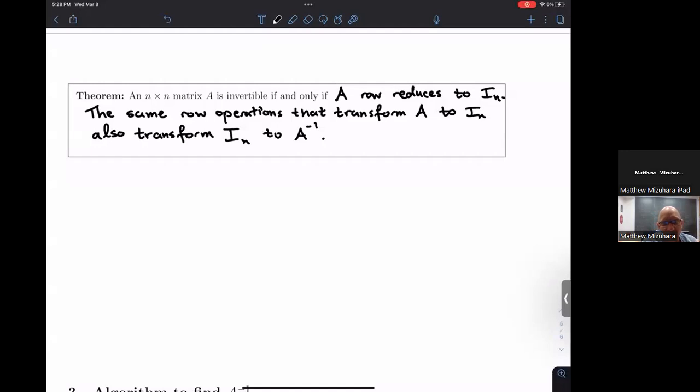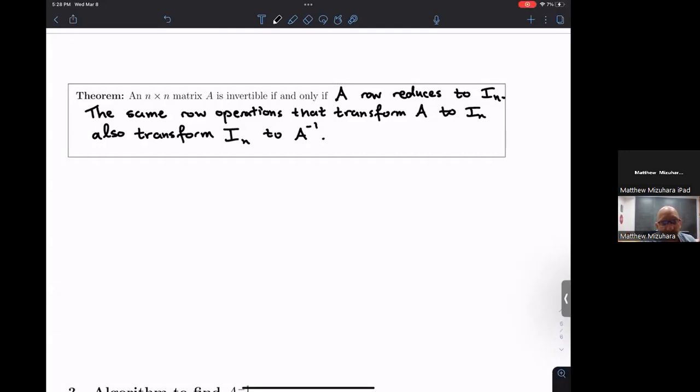So the theorem says an n by n matrix A is invertible if and only if that matrix A row reduces to the identity matrix. Now, we have discussed this previously, right? We talked about pivots and why this should be the case. So I'm not going to focus on this so much, but I want to focus on the second half,